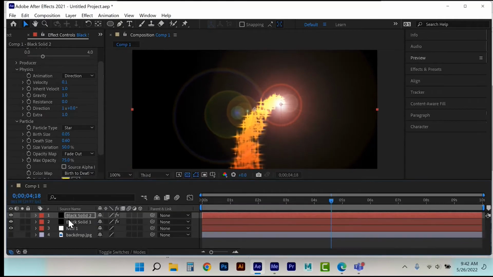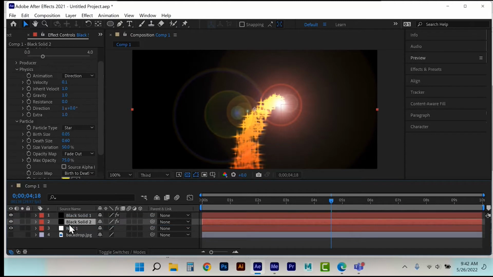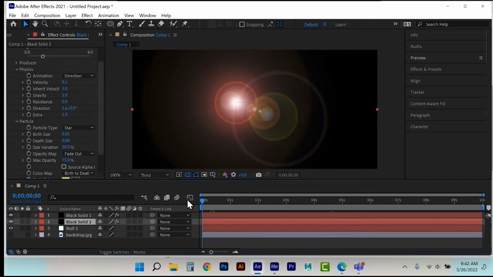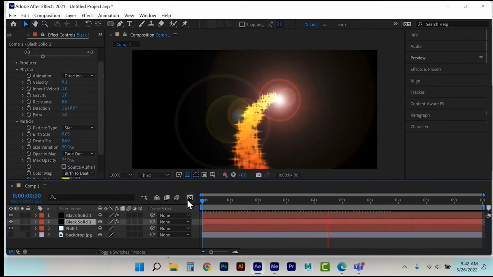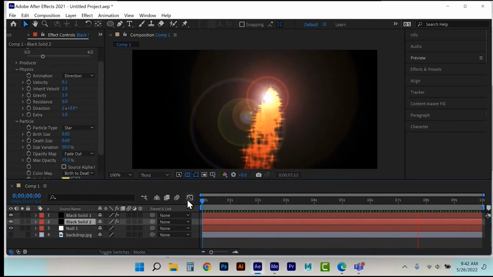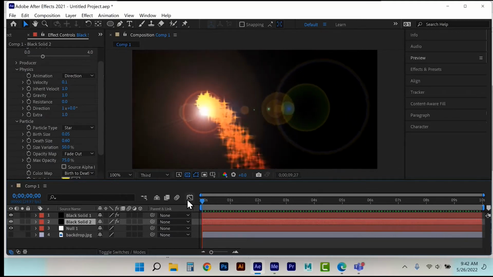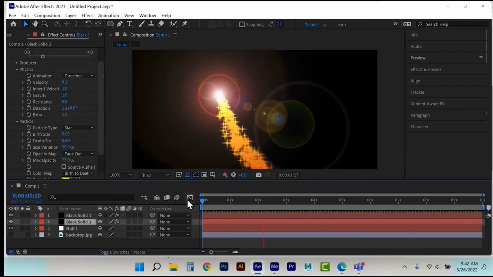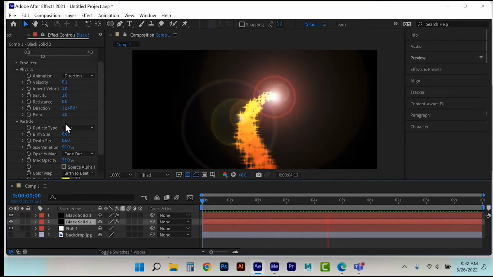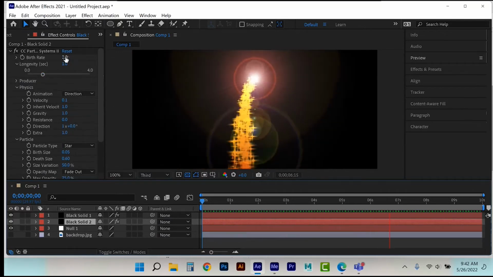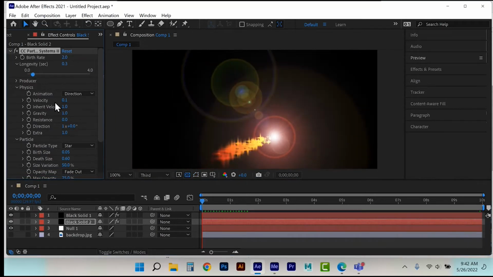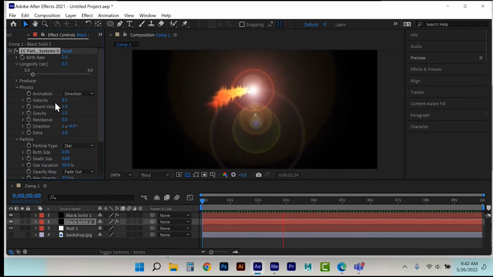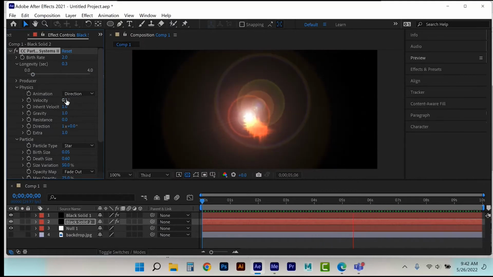The thing I might want to do is just swap these so my lens flare is on top. There we go. And watch how cool this is when I get this first one. So now you can see some of those things like inherent velocity and that random movement of the particles. I mean, if I come down here and I even start playing with these particles, even less, like, okay, let's give it less producers, less lifespan. See that? Less velocity,